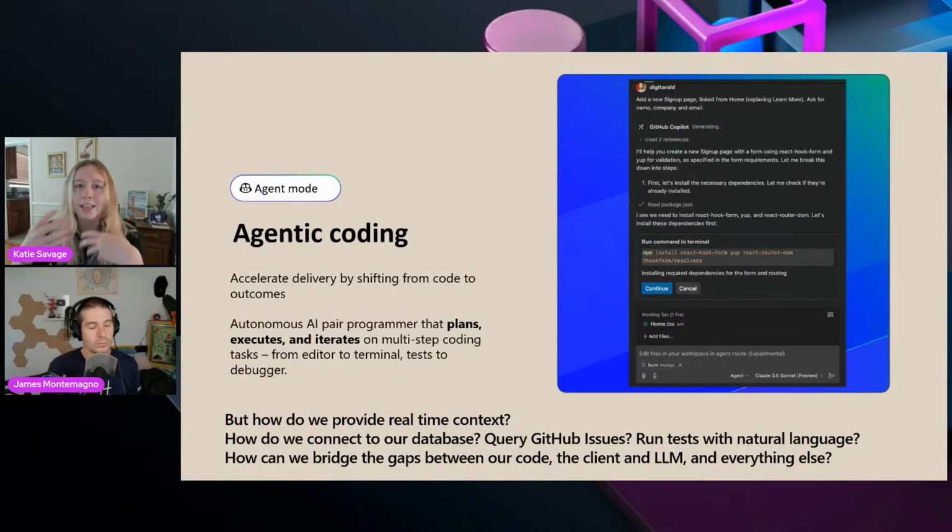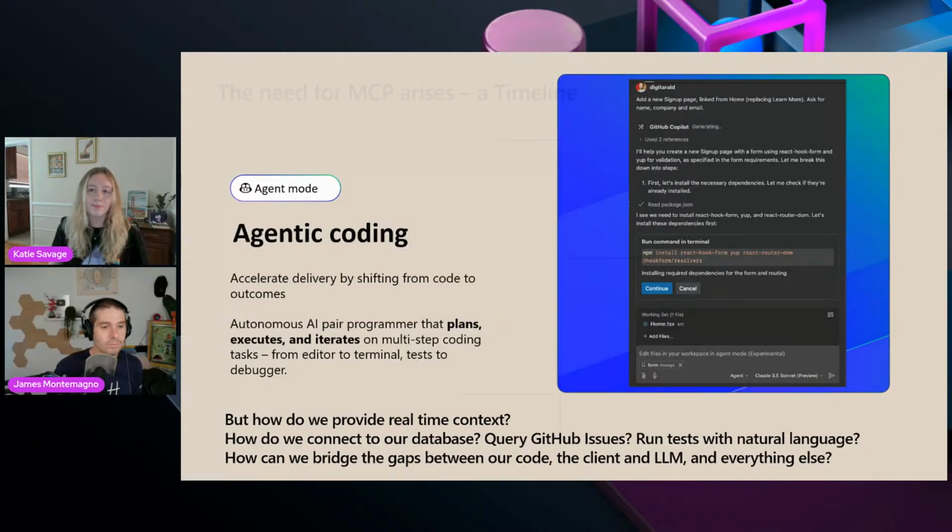How can we show it the issues coming into our GitHub repositories and enable it to help us create pull requests for those issues? How can we connect it to the tools and resources that are not part of our IDE, but are still necessary to our projects? Yeah, and stay in the flow, so you don't have to open a bunch of different external tools. You want to get that real-time data. VS and VS Code are just some of the tools that are using agents and LLMs as well. So this causes a problem, right, Katie?